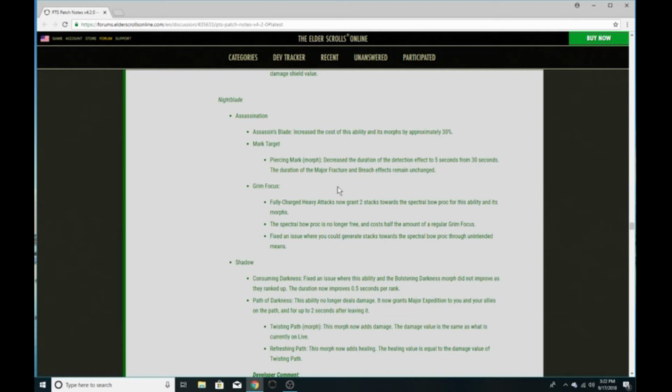I think this is too short. I would rather have this be 10 to 12 seconds. If you're going to shorten it and make it 10, 12, 15 seconds, I don't think you need 5 seconds from 30. I think 5's too short. It kind of negates what... This is a Nightblade anti-Nightblade skill. It's Nightblade versus Nightblade. I don't